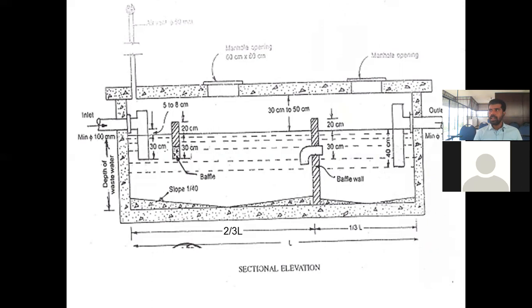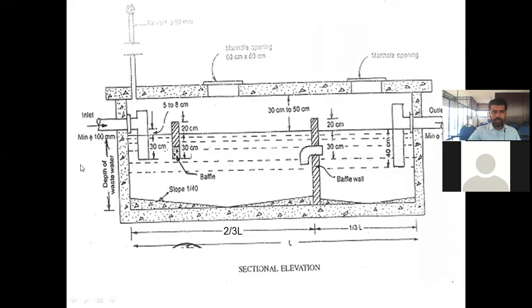One is the design drawing we have to give. Initially we have to give the plan drawing. Then we have to give the design drawing. Then we have to give the schematic drawing. Then we have to give the sectional drawing. All these things are involved. When we are trying to give the section drawing, we have to draw this in AutoCAD and we have to show it depending upon the capacity of the septic tank.